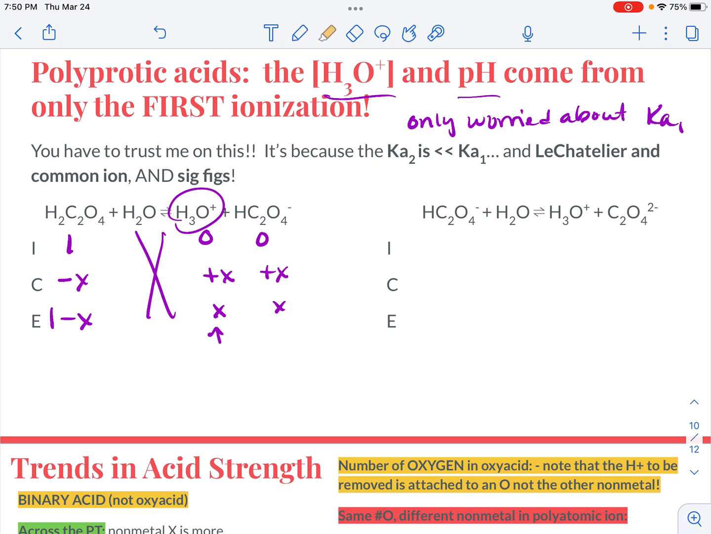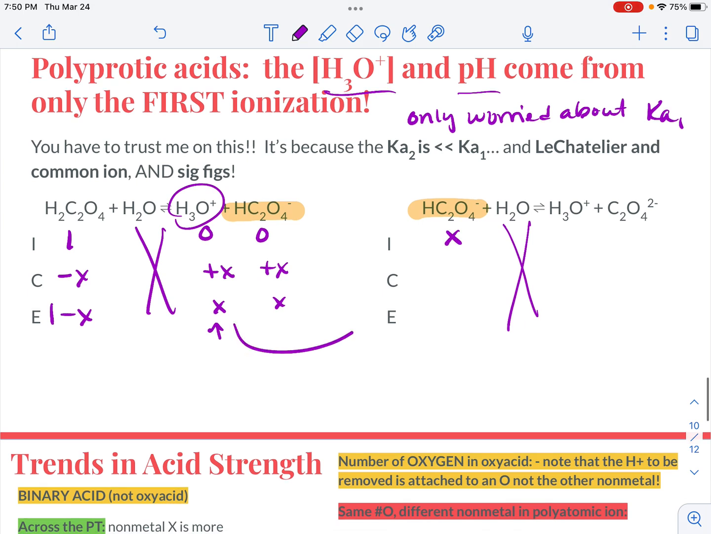But notice that this ion can also be a weak acid, and so it starts a second ionization. When we do this one, the concentration of it is my initial X from here, and I have no oxalate, which is great. Oops, sorry, I drew this arrow in the wrong place. Hang on. What happens is this oxalic acid, or this oxalate,